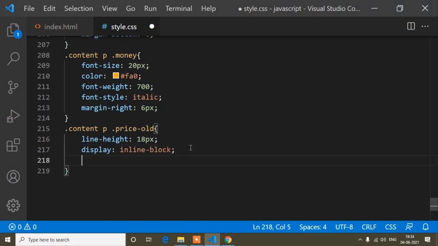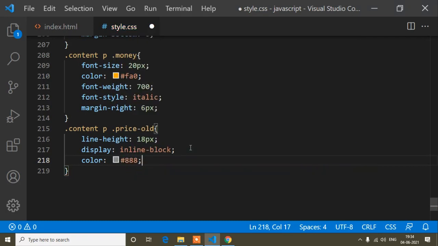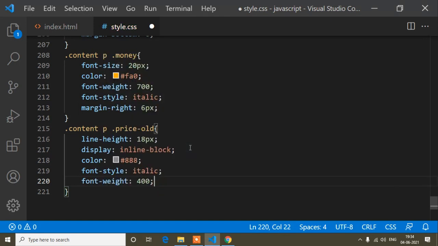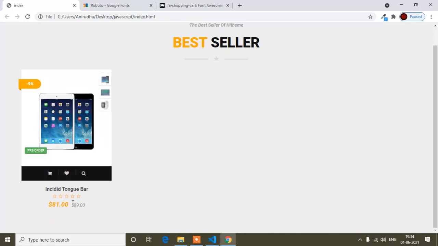And now guys, here color is this color code, and font style will be italic again. And now the font weight I will write 400. So save and refresh. So here you can see it's coming this way.